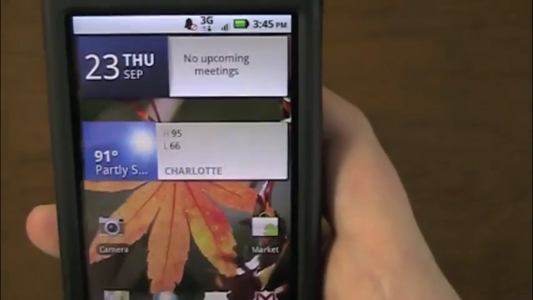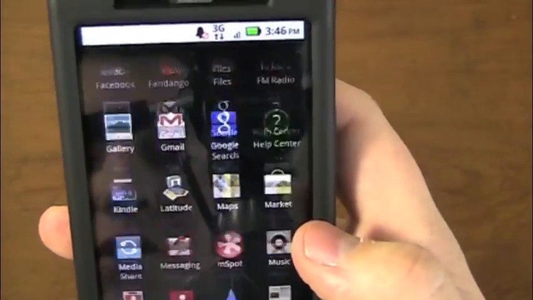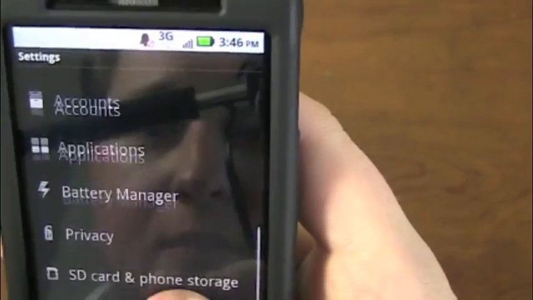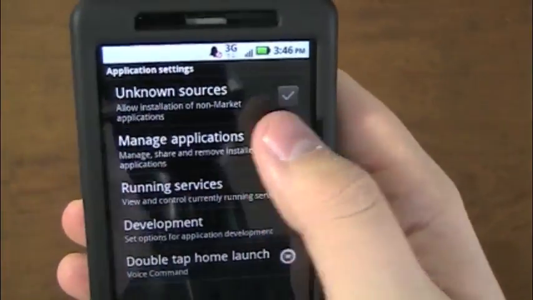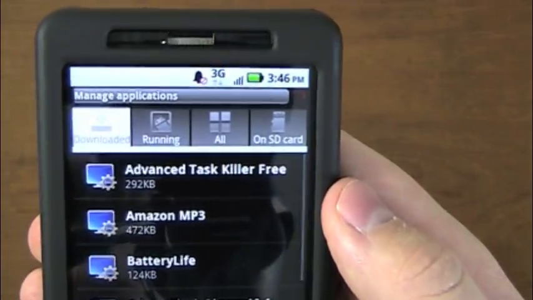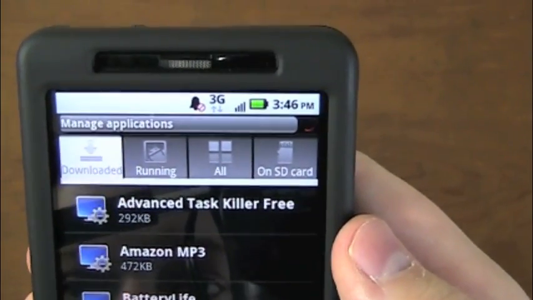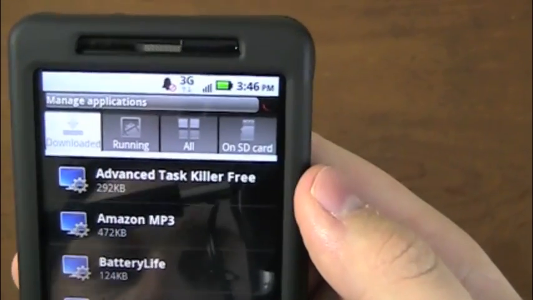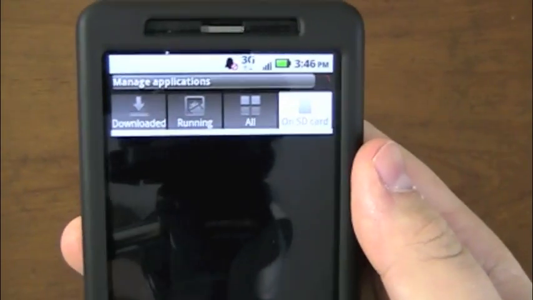So moving on, now you can store apps to the SD card, which is a huge benefit. So let's go down into the settings and have a look. And let's go back to Applications, Manage Applications, and you'll see the tabs are there. So we're looking at downloaded apps right now. You can see between running, all, and on SD card. So you can install apps on the SD card, which, you know, one of the biggest problems with Android